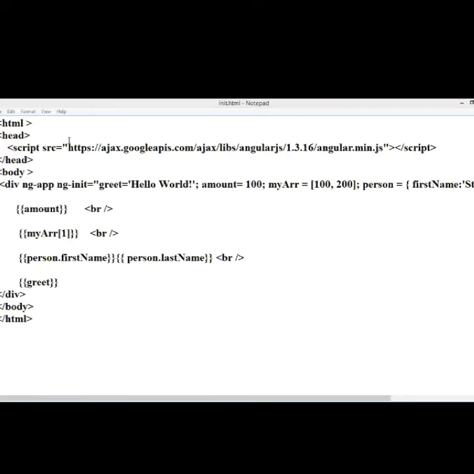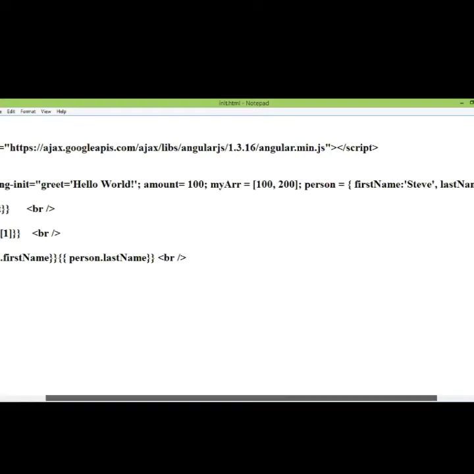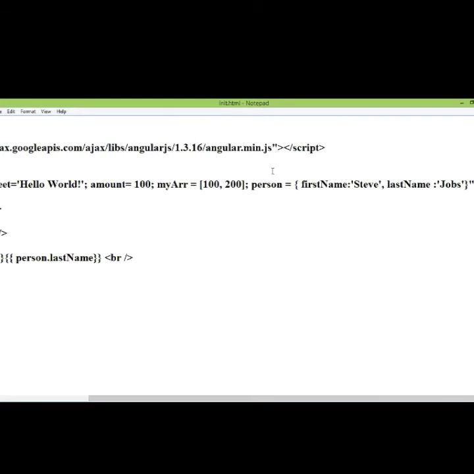Here, you can see that by using single ng-init directive, you can initialize string variable greet, integer variable amount, array variable myArray, and associative array like person, which defines first name and last name.